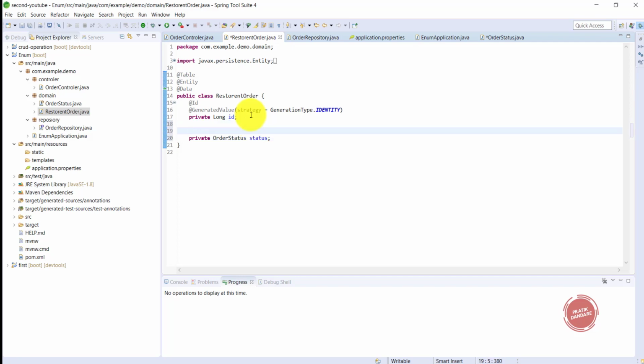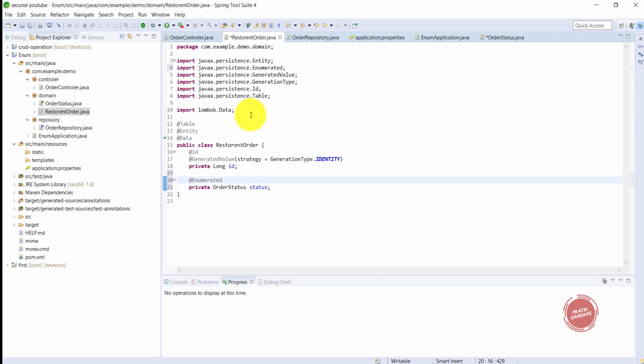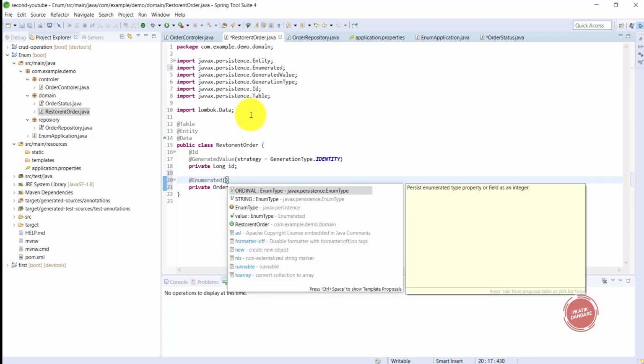To use the enum here, we need to use the Enumerated annotation, to tell Spring Boot that this is the enum we are using. The Enumerated annotation has two parameters. One is ordinal and another one is string. So these are important.